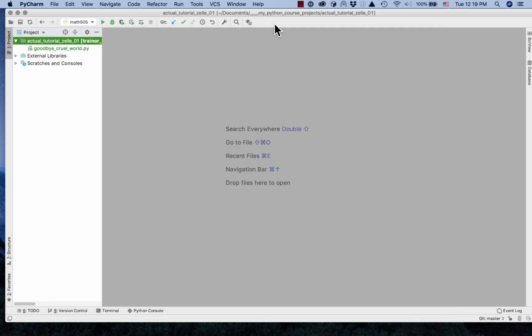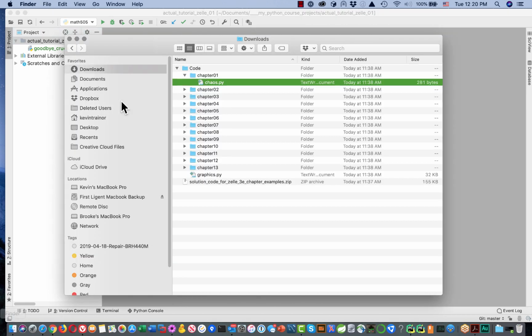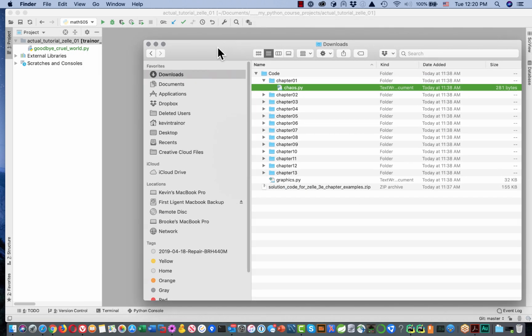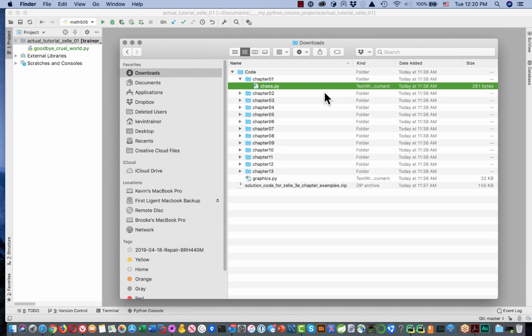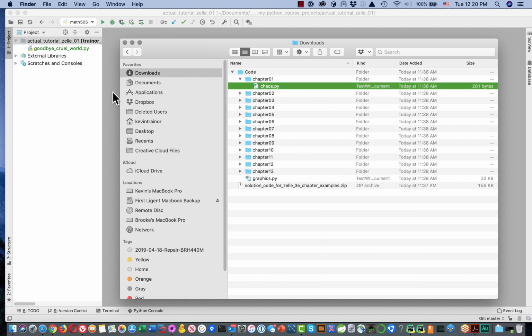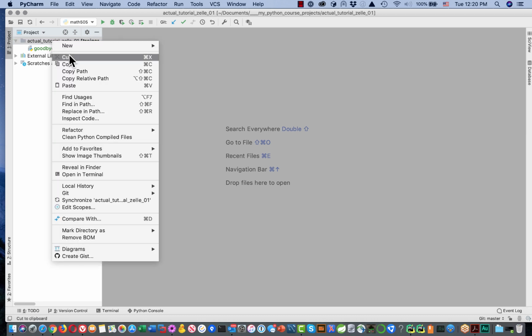Now, how can we get that into our project? Well, you could do one of two things. One is you could move it. The other is you could copy it. The problem with moving it, pulling it and dragging it, is then you lose it in its original directory. So what I do is I right click on chaos.py, come down and say I want to copy it. Okay. Then I go over into PyCharm, highlight the name of the project, right click, and say I want to